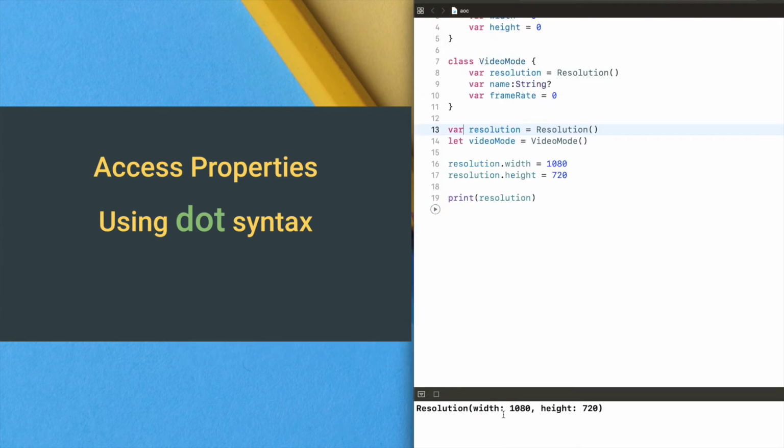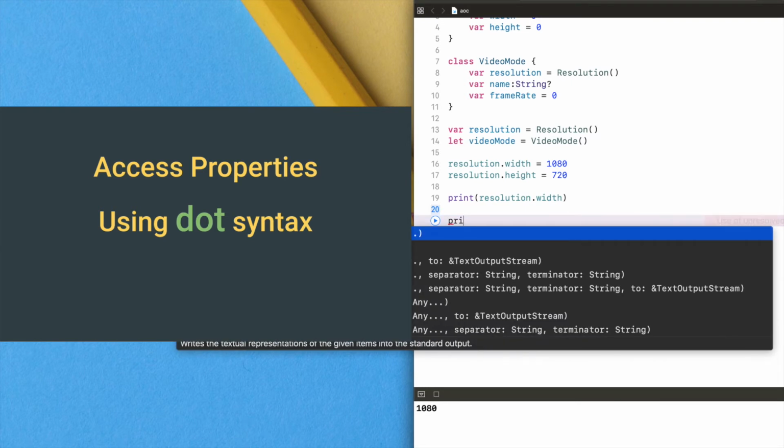So we have the resolution structure with width of 1080 and height of 720. So we can access the property by dot width. Okay, this is how we can access properties. Same way we can access the class properties.